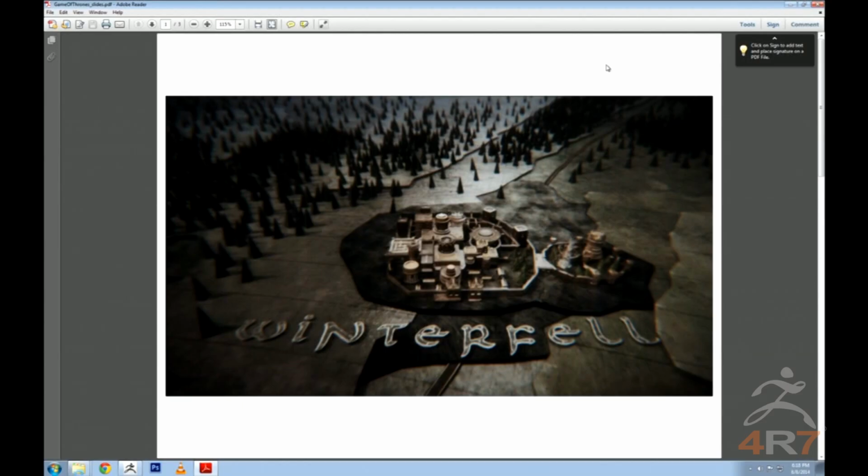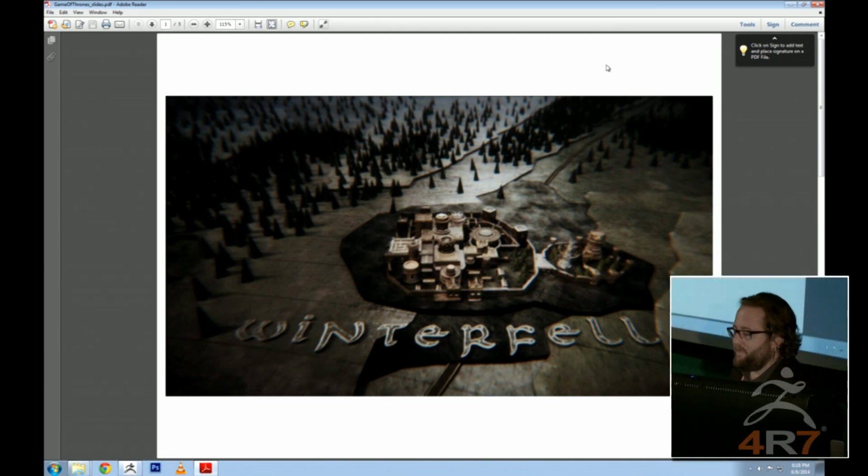So what we have here is, on Game of Thrones, I can't take personal credit for Game of Thrones. This was our studio and not myself personally. Although I did help solve at least one key technical issue that I'm really happy about and that is worth mentioning. Obviously, Game of Thrones has plenty of ZBrush in it, but